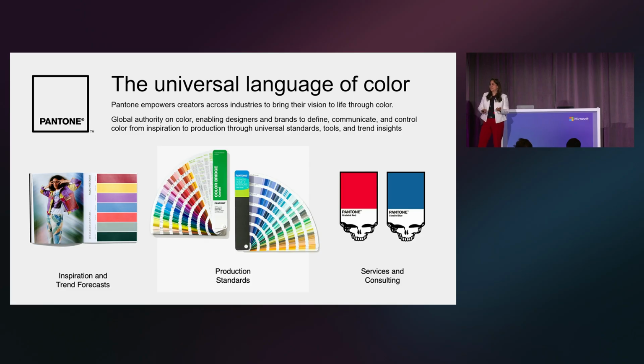Pantone was founded in 1963, and we are known as a universal language of color. So you'll ask me, what is the universal language of color? What does it mean to me? What it means is, as a designer, if you chose a color, let's go with Pantone 100C, and then you want to share that particular color or that palette to the downstream systems like your printer, your manufacturer, other designers, you can just give them that number and they know exactly what you're talking about.